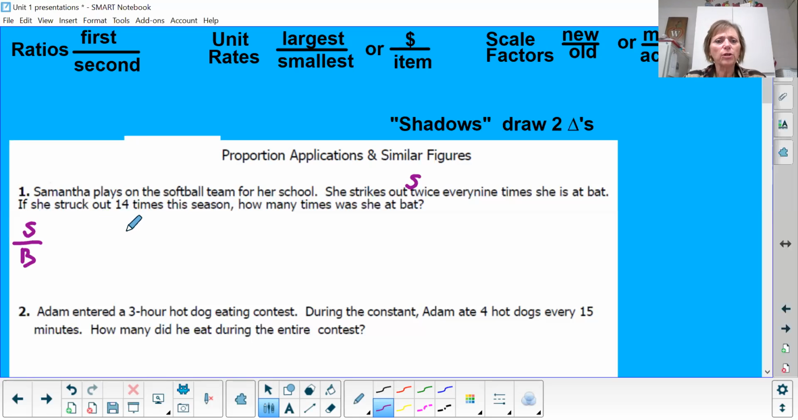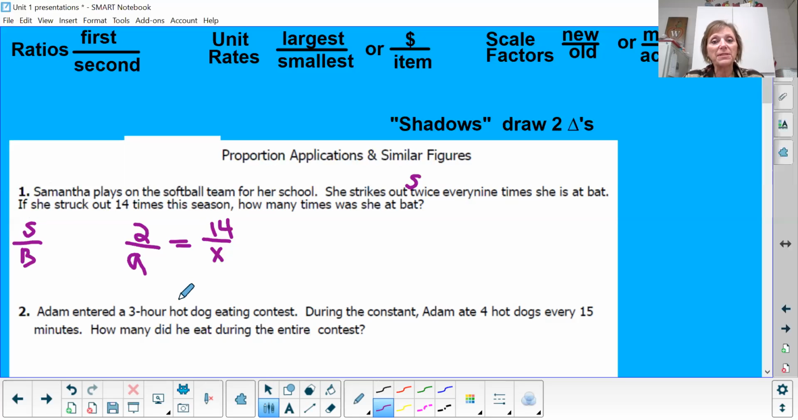Okay, so I'm going to use for my proportion 2 over 9 so far. Okay, if she did strike out 14 times this season, how many times was she at bat? So these are strikeouts, these are the bats. So I'm going to put 14 here and X here, or you can put a B. It does not matter. So if you work that out, you should get, in fact,